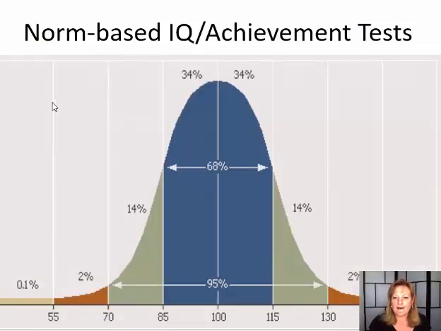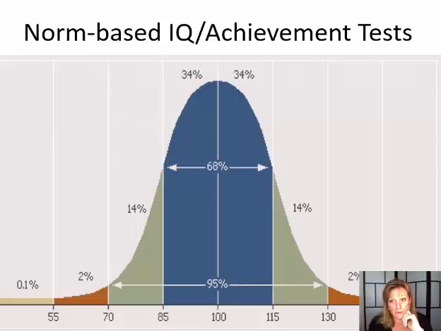Okay, so here we have the bell curve. Some of you may already be very familiar with this from past educational research courses or just in general in terms of talking about norm-based testing. Basically, the theory behind the bell curve here is that on any given trait, whether it be intelligence or height or foot size, almost anything, in general, an entire population will fall along this curve in terms of what's normal and the range of what is normal, considering those particular traits.